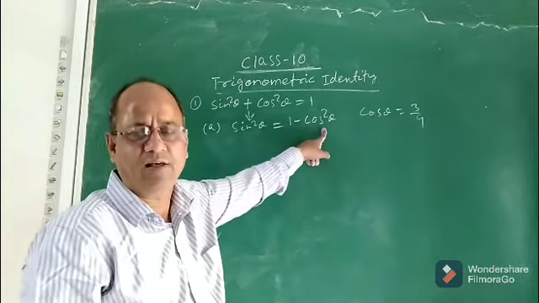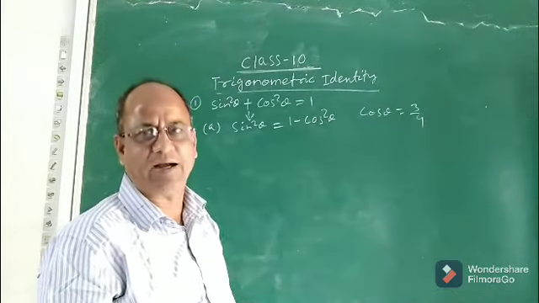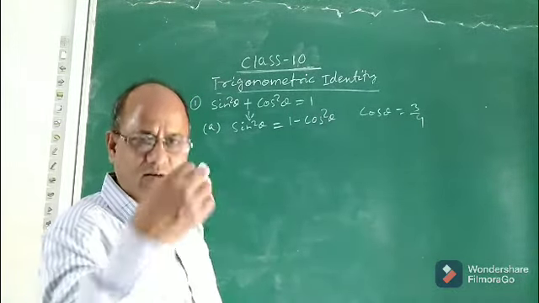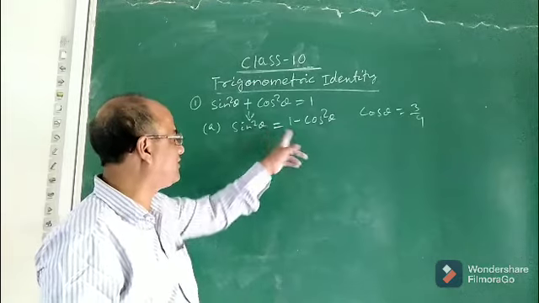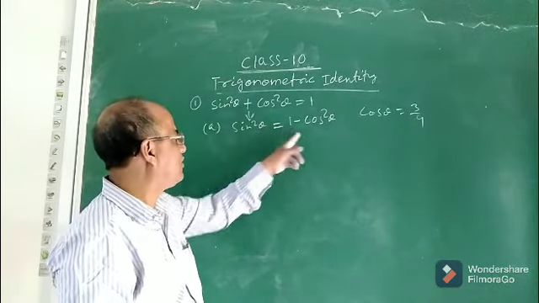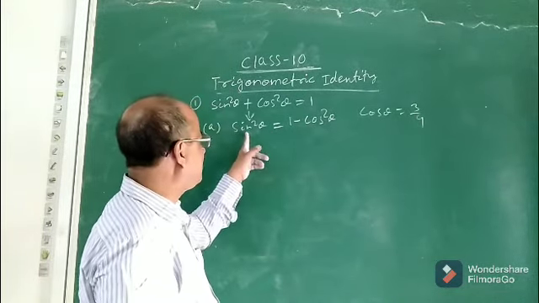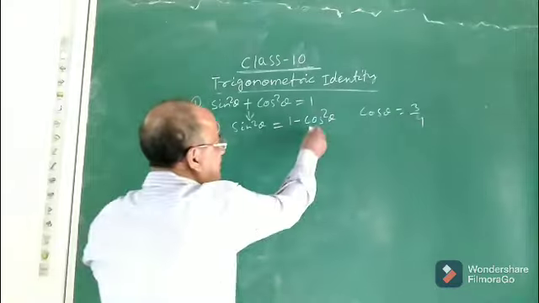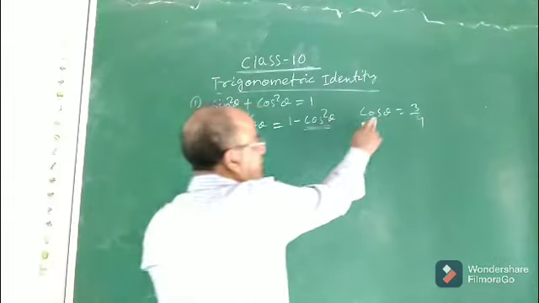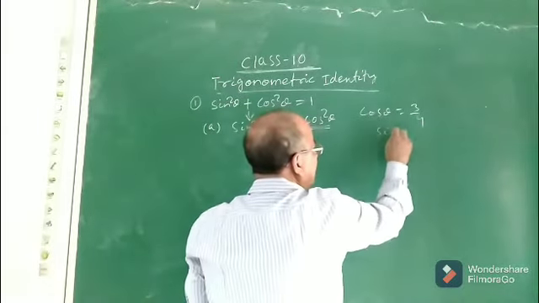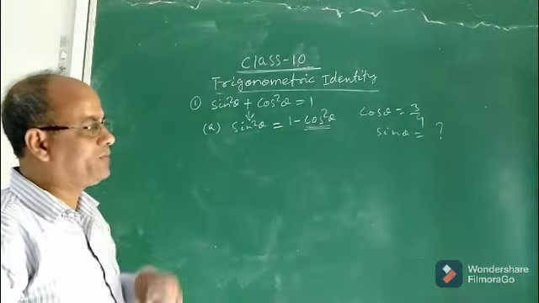It is also an identity which you need to remember because it will help you a lot while proving trigonometric identities, which we are going to discuss just after all the identities are discussed. This is another identity derived from the main one. Let me give an example. If you are given the value of cos theta, you can easily find the value of sin theta. Suppose cos theta is 3 by 4 and you are asked to find sin theta.